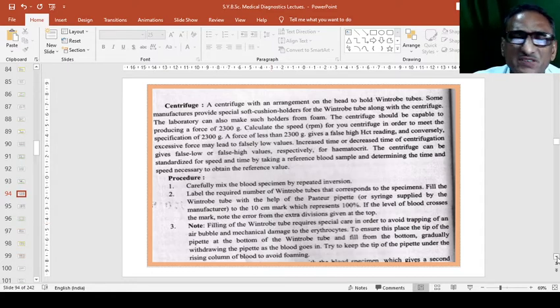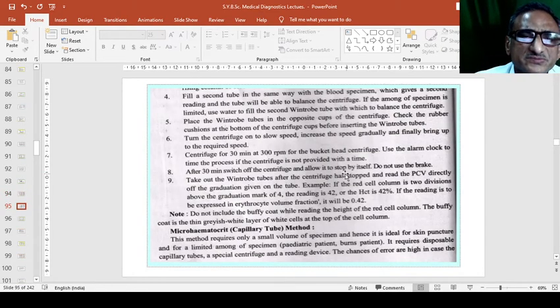This is a very simple method actually, but we have to go through these steps. And how much to centrifuge? Up to 30 minutes, and the normal is 300 rpm, neither 100 or 50 nor 500 to 1000, but 300 rpm is to be used for centrifugation, and after 30 minutes we can calculate the cell count.